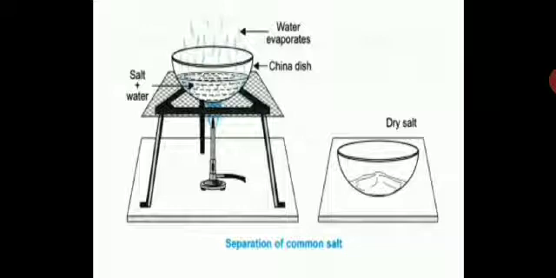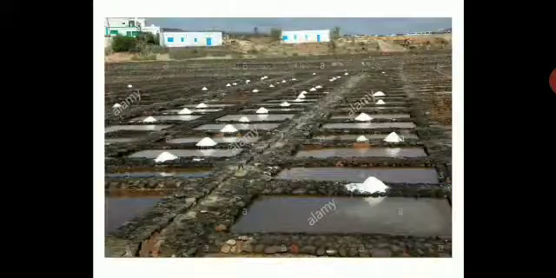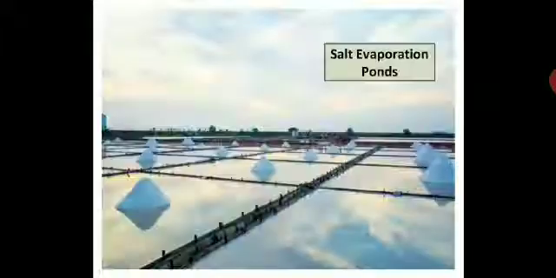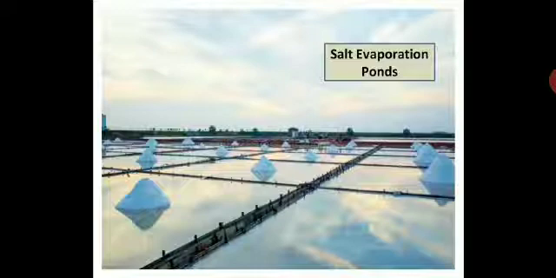Evaporation, children. Here you have a very good application of evaporation. That's why we are learning this technique. See, you can see these salt pans. This is how salt will get collected. Water will evaporate, leaving behind the residue. The residue is common salt which we consume. Here you can see salt ponds. Salt ponds are also like salt pans, and here you can see heaps of salts getting separated from the pond's water.